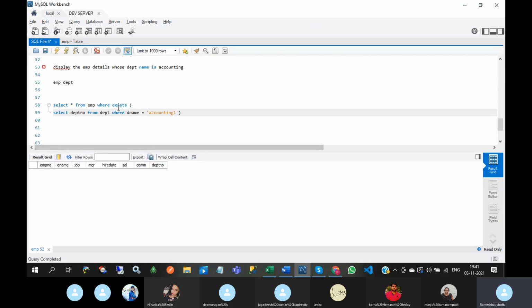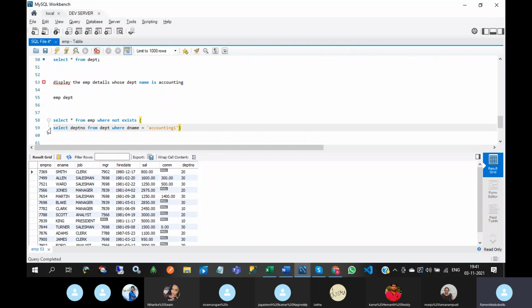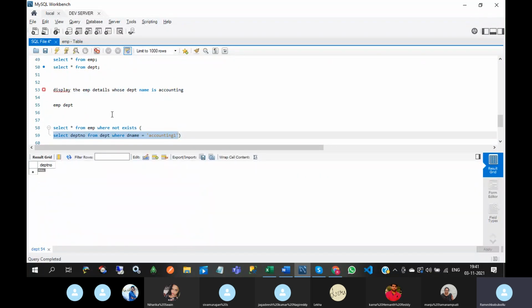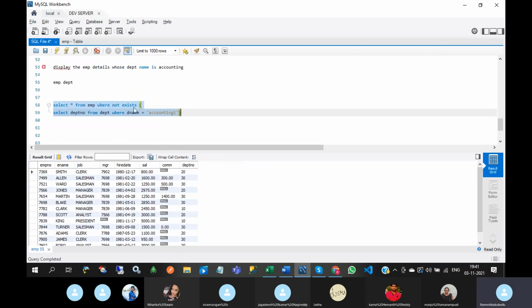And NOT EXISTS. See this, now it will return. Why? Because if the inner query returns nothing, then only the outer query returns all the records. That is NOT EXISTS. Suppose I remove accounting 1 and replace it with accounting.